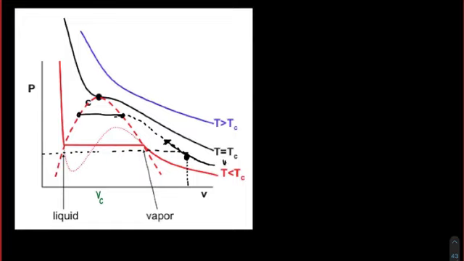What is vapor? Vapor is a particular state of gas or a particular fluid. I can use the word fluid because fluid is a general term. It is a particular state of fluid from which you can liquefy only by applying pressure. So you can see that only by application of pressure this fluid can be converted into liquid.